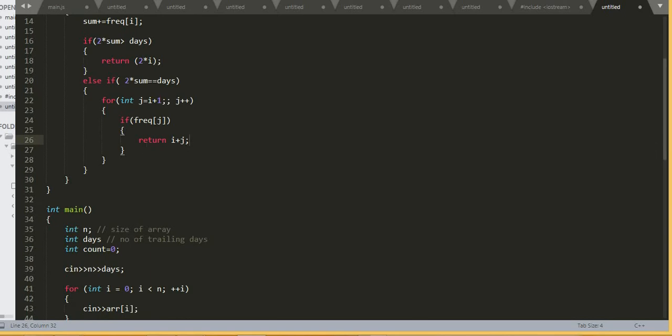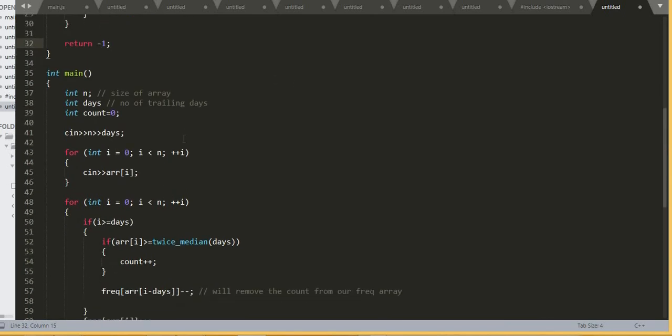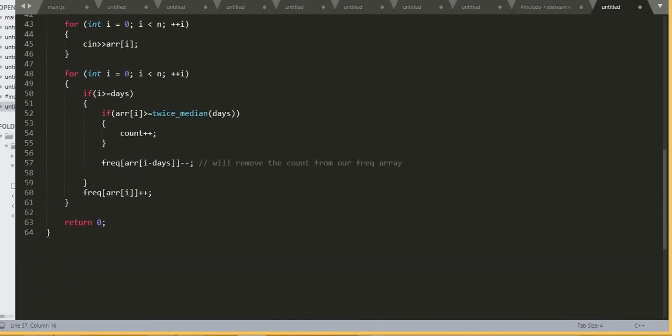Whenever the return statement hits, it would break out of the loop, and if all the conditions are failing, I would be returning, let's say, -1, or anything we can return which is below 0. So okay, this is the code, and whenever this function returns us the value, we'll check with our array element: if the element is greater, it would count, and if the count is greater, it would be added. So in the end, what we need to do is cout count.